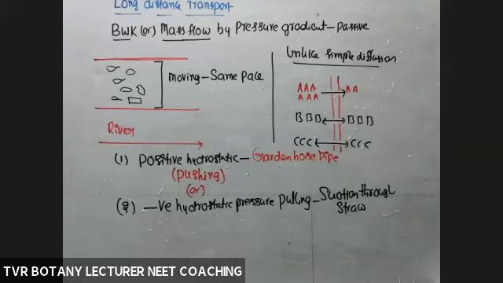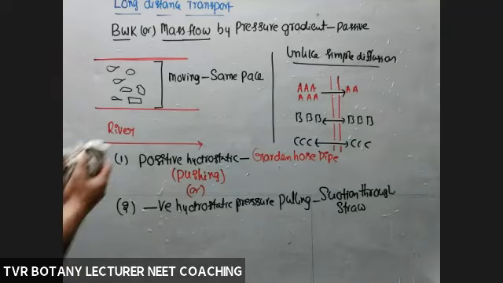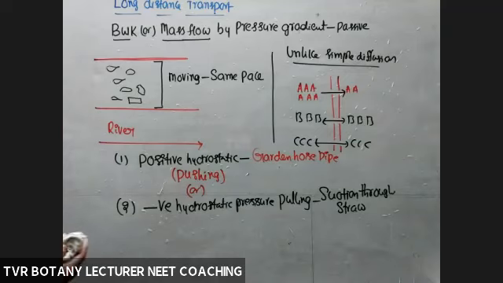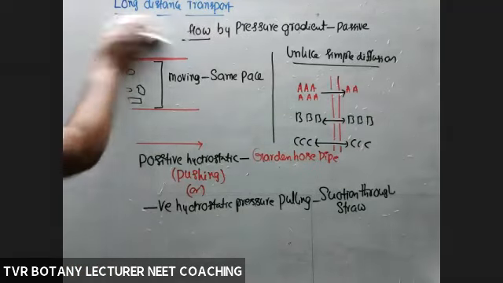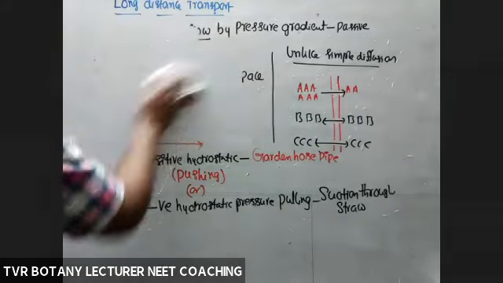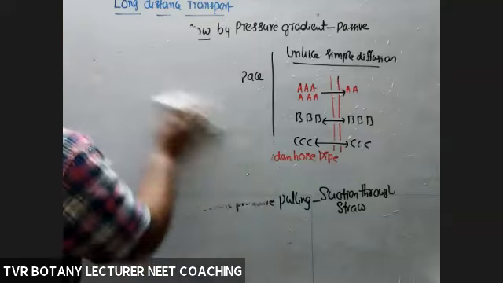So before that, we should know what about apoplast and symplast movement, and what about the anatomy of the root, and what about the direction of movement of water, before moving into whether it is a positive hydrostatic pressure or negative hydrostatic pressure. If you go back to the introduction part to understand transport in plants, knowledge of the cell and anatomy is mandatory. Now go back to anatomy. What is the apoplast movement and a symplast movement?